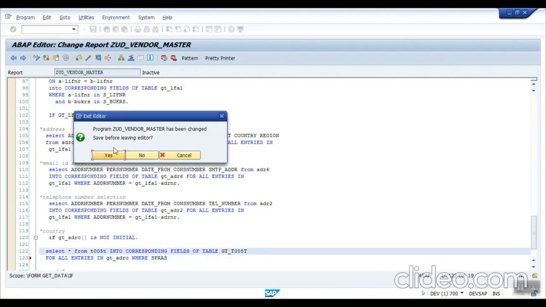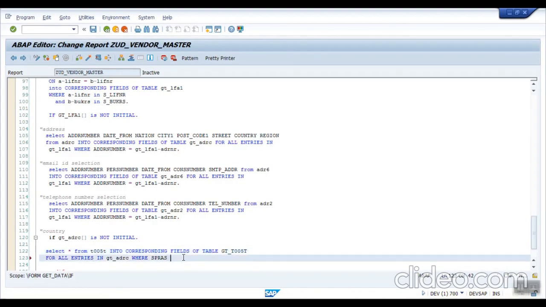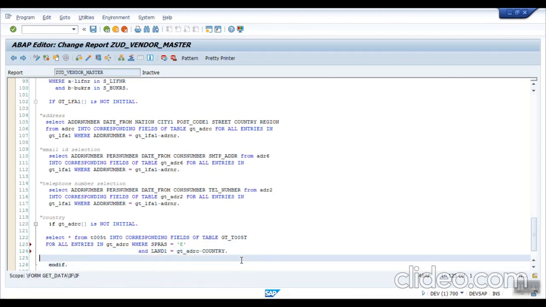Check the length, this is length 1, so instead of EN we have to pass only E. Then my language equal to, I want to select English language, and my line 1 equal to GT_ADRC, that is the country. Save, check.